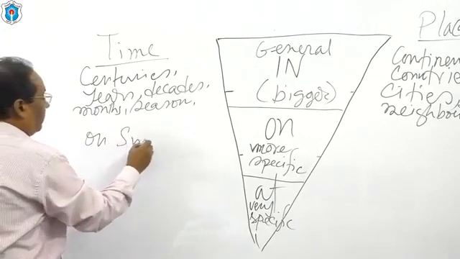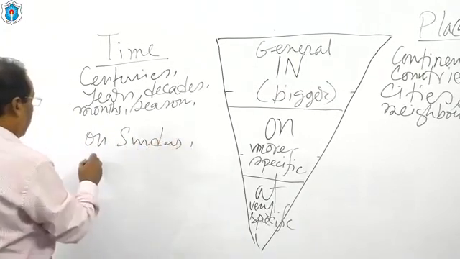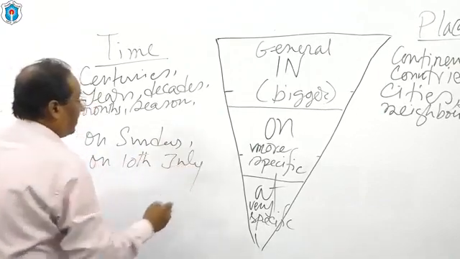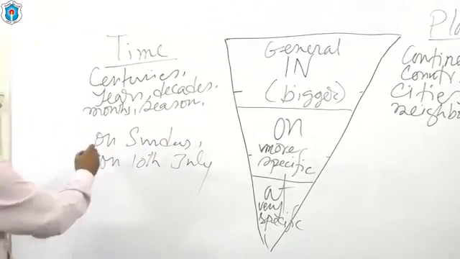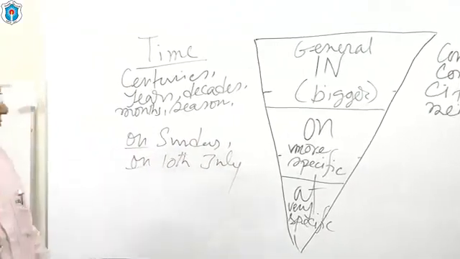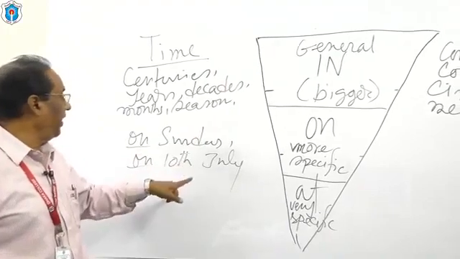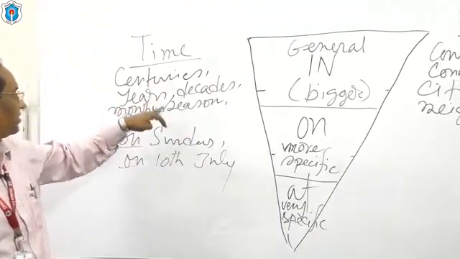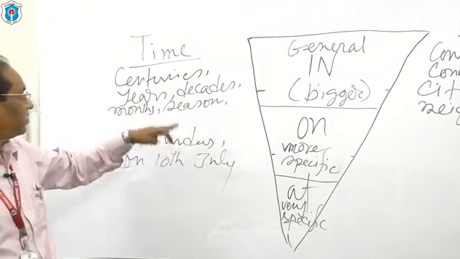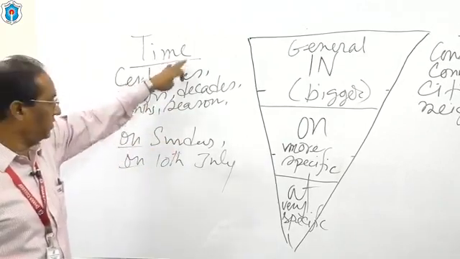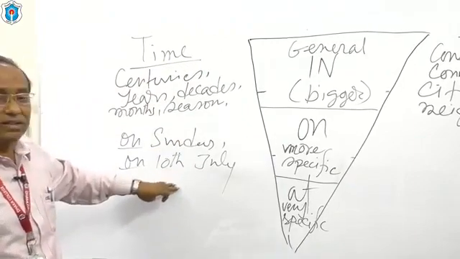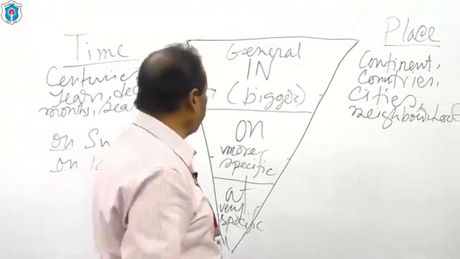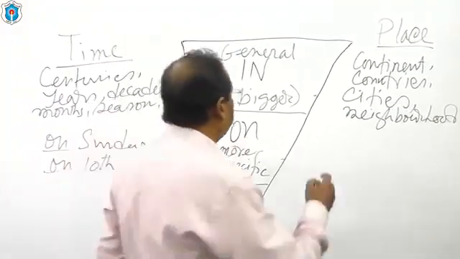On Sunday, on 10th July. So look, here on is used because Sunday, July, all these are smaller than centuries, years, decades. So these are the longest, but these are the longer. Okay, in the same way we can use